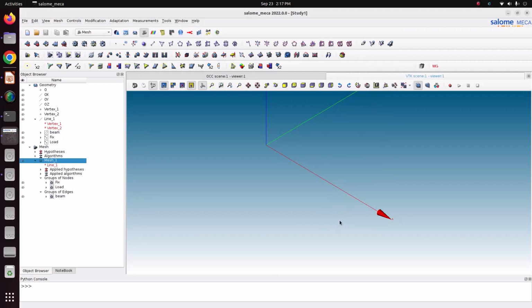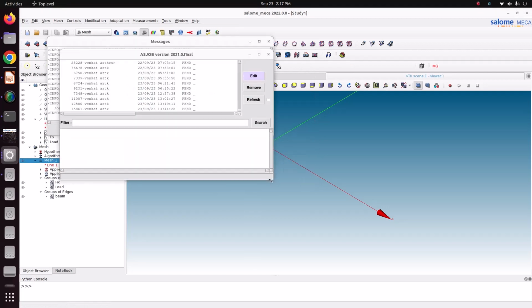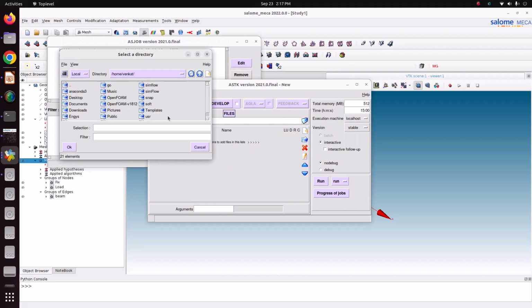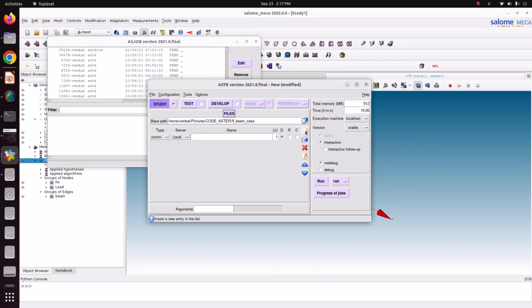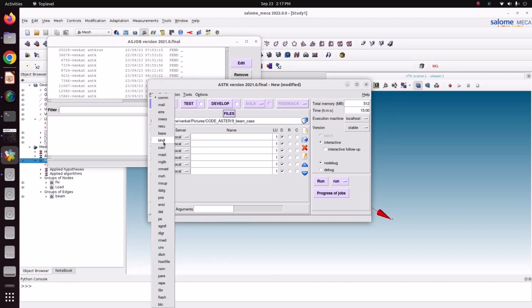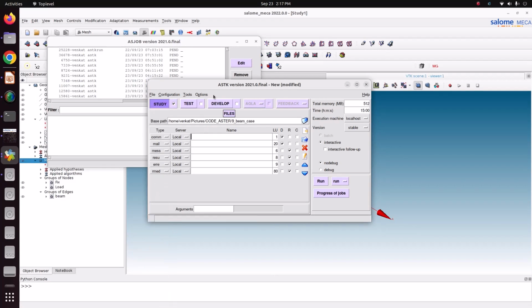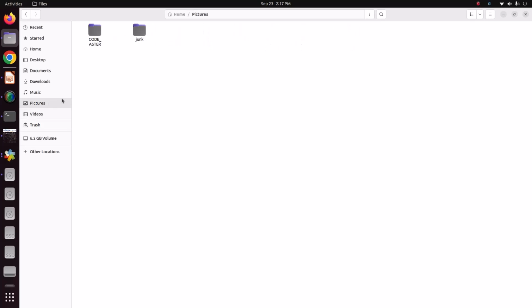Now we can solve by using run ASTK. Go to tools, plugins, CodeAster, run ASTK. So now choose the folder. Now we need to specify the files. This is the mesh, mail is the mesh file, message, receive, error. The final one is RMD. Now just keep one. Just go to the folder,